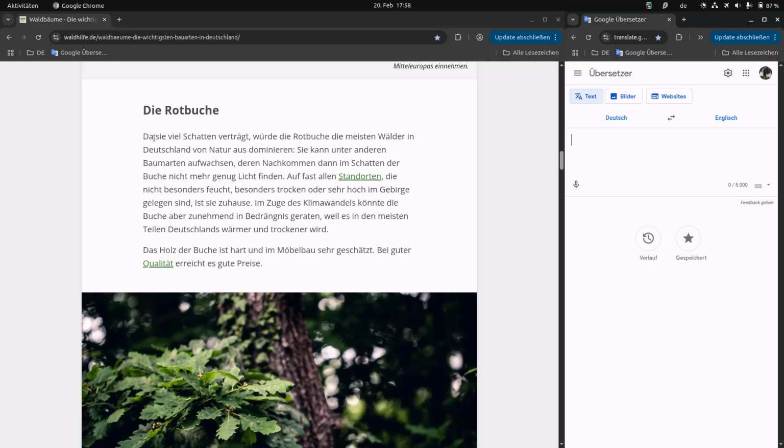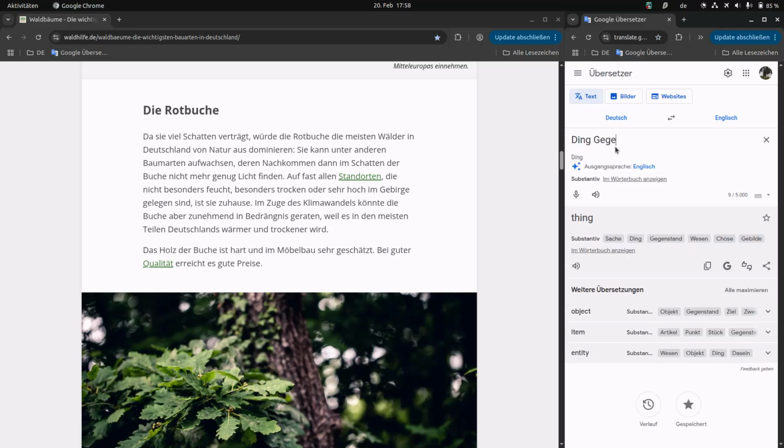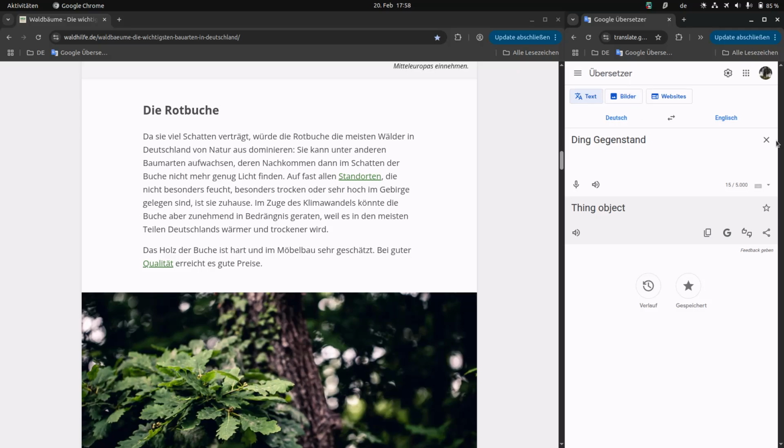So, da in general means there, but in this case it means as or because. Da sie means she, but in general, if it's not referring to a person, it is of course translated into English as it, because it's a thing. Or what do you say? In German it's Ding oder Gegenstand. Object, because it's an object basically, so thing, object. So as it or she, viel, a lot, many, much, Schatten, shadow, verträgt, which we had also in some previous episode, I believe,